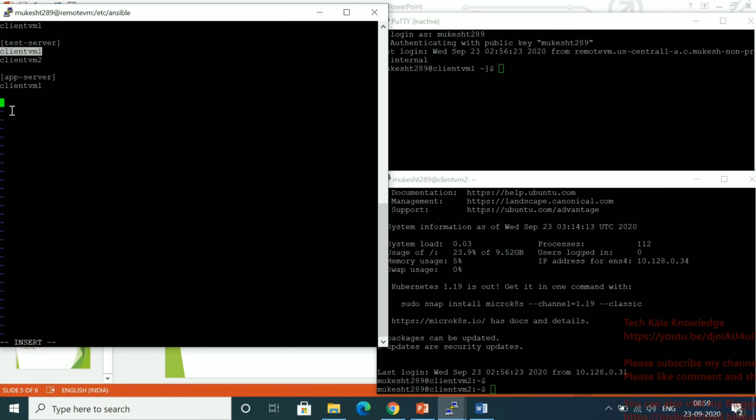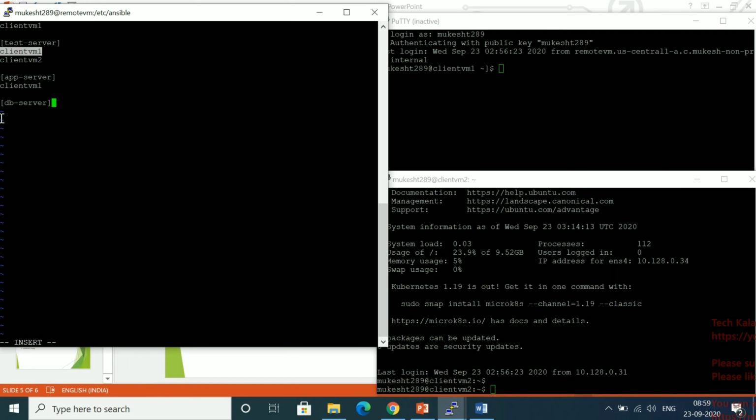When you run the Ansible playbook or the Ansible ad hoc command, it will be easy for Ansible to understand where to perform the task. If you need all the servers, then you can put all, and it will read all the hosts available inside the inventory file. So let me create one more group, db hyphen server.